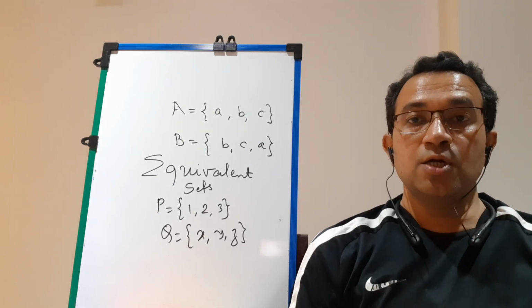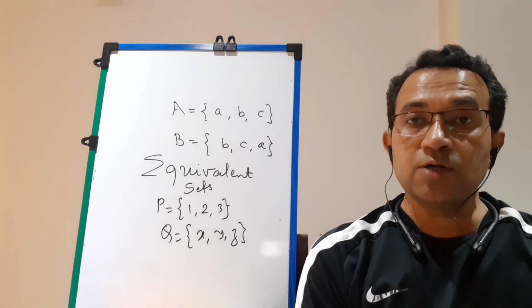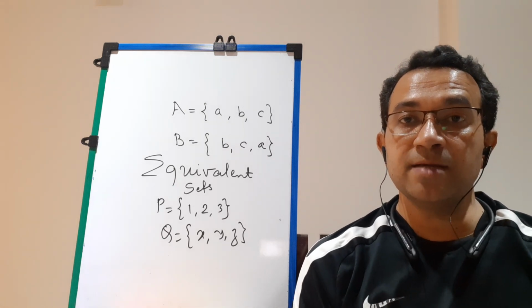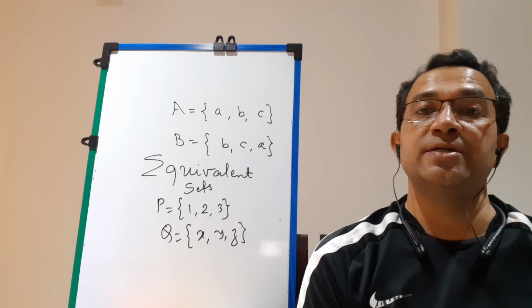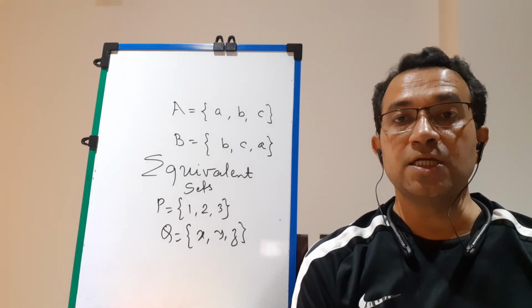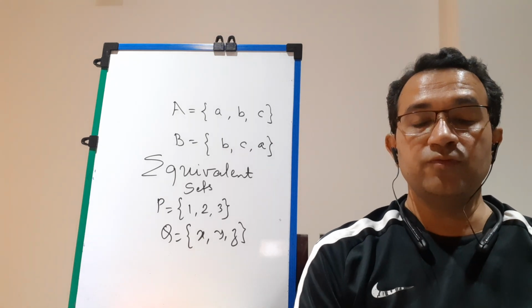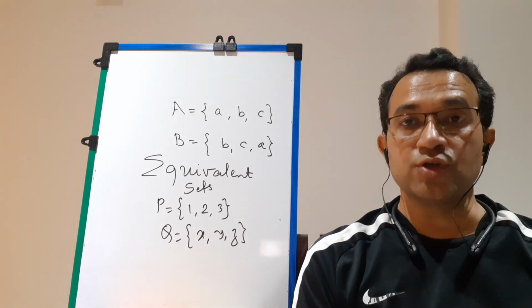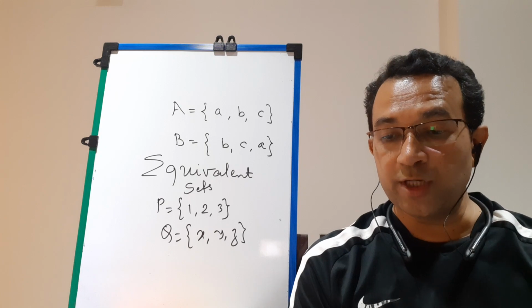So in short, two sets A and B become equal if the number of elements are the same and the corresponding elements are also the same, students. So this is the definition of equal sets. Now we use this definition for the remaining questions of exercise 1.2.